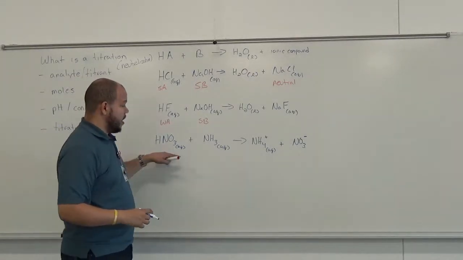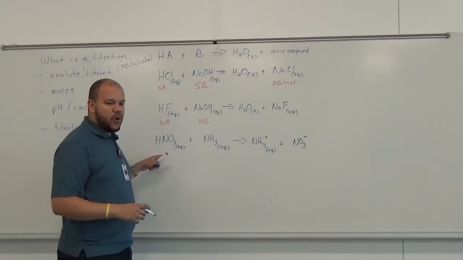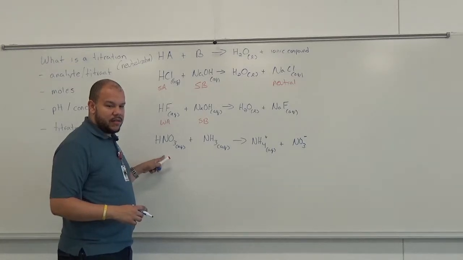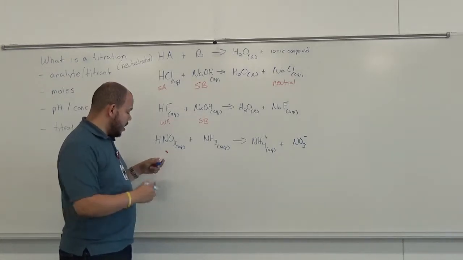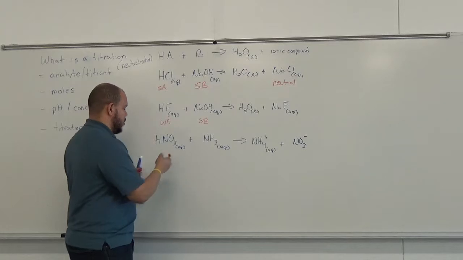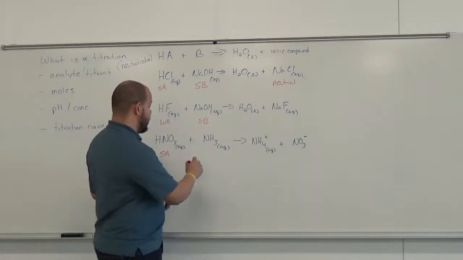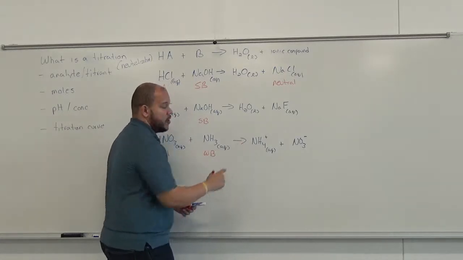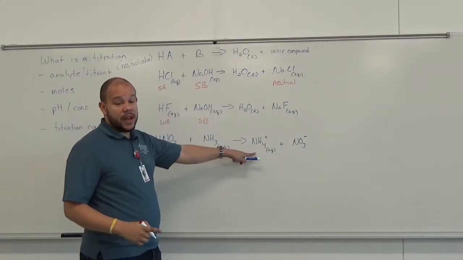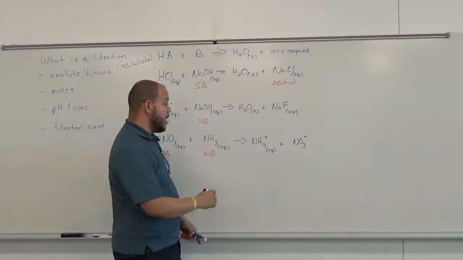So in this scenario, we have a strong acid dissociating completely. We should describe this as a strong acid. We have ammonia, which is a weak base, and we see it creating the conjugate acid, which is a weak acid now,